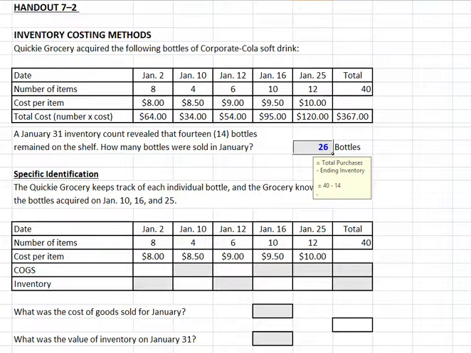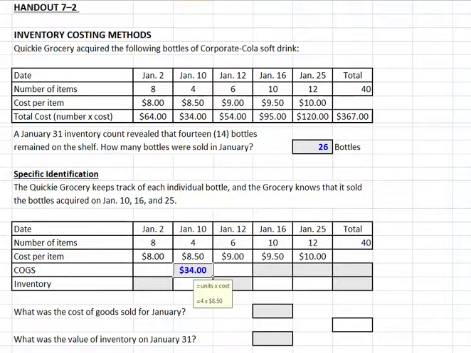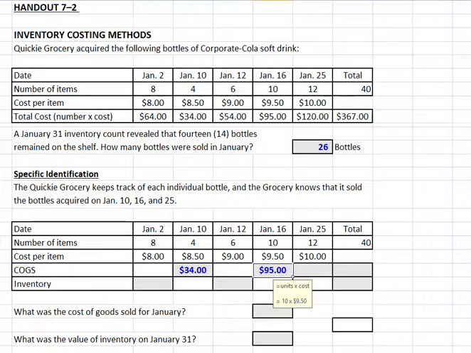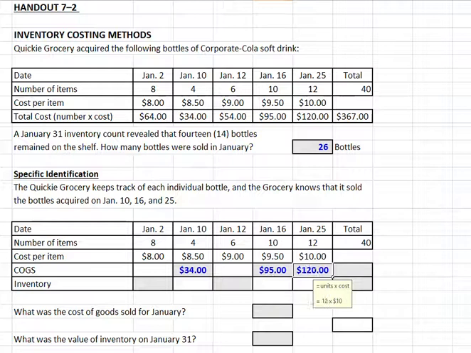If Quickie has kept track of each individual bottle, they can apply the specific identification method. Again, they wouldn't use this for bottles of cola, but we're more likely to use it for automobiles or high volume items that are unique in character. But in any case, let's go ahead. Quickie has sold the bottles it acquired on January 10th, and that was 4 bottles at $8.50 a piece for a total of $34. We sold 10 bottles that we acquired on January 16th, and those cost us $9.50 a piece for a total of $95. And of course, the bottles we acquired on January 12th cost us $10 a piece, or for $120 in total. So our total cost of goods sold will be